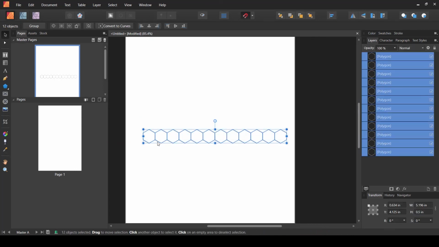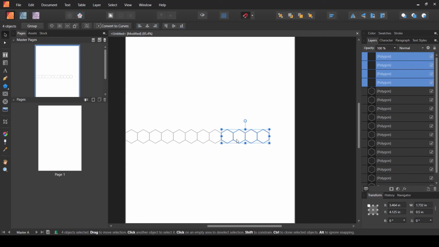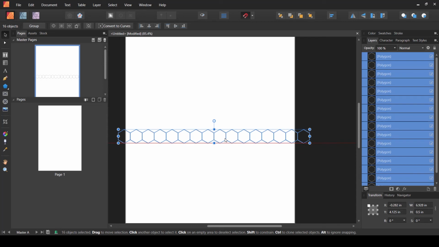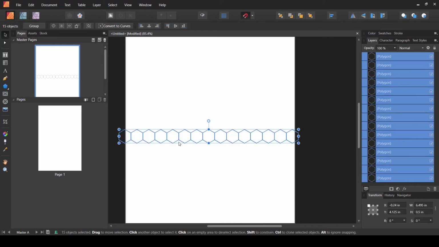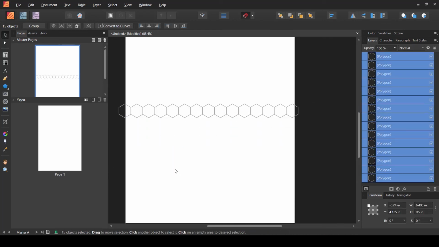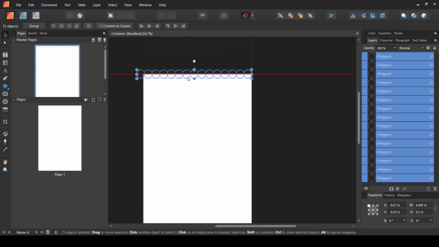And we need to make sure that these shapes are extending beyond the boundaries of this page. So let's just select these and maybe make another copy, so like this, and then at this point we can select all of these, bring it here, and I think that's fine. I can remove this last shape, it's no longer required. So I now have all of these shapes selected. Now I can move them to the top, and go beyond the edges of the page, and also on the right side as well.